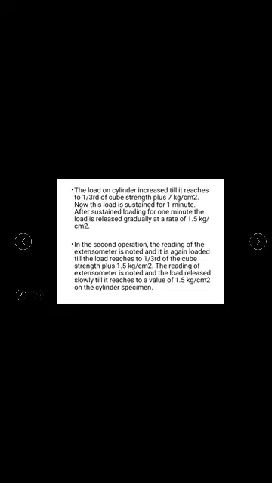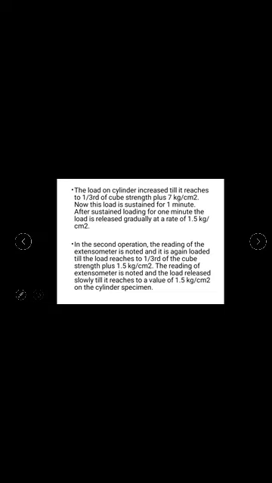On application of the load, the specimen will deform. The reading of the extensometer is again noted. If it is a compressive load, the length will decrease. If it is a tensile load, the length will increase. And again the load is slowly released till it reaches a value of 1.5 kg per centimeter square on